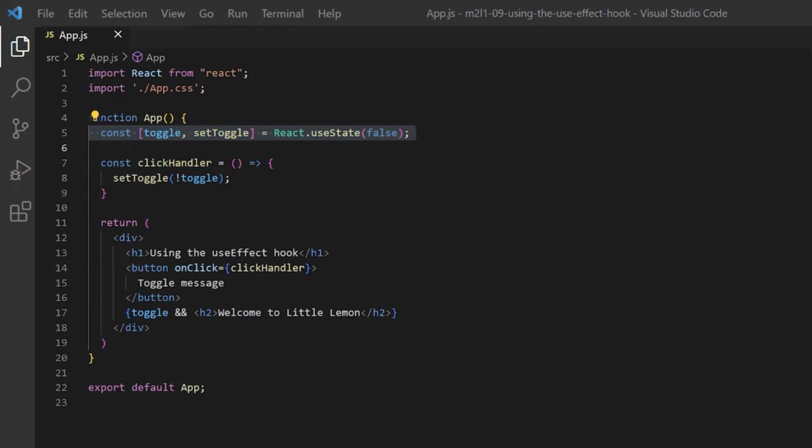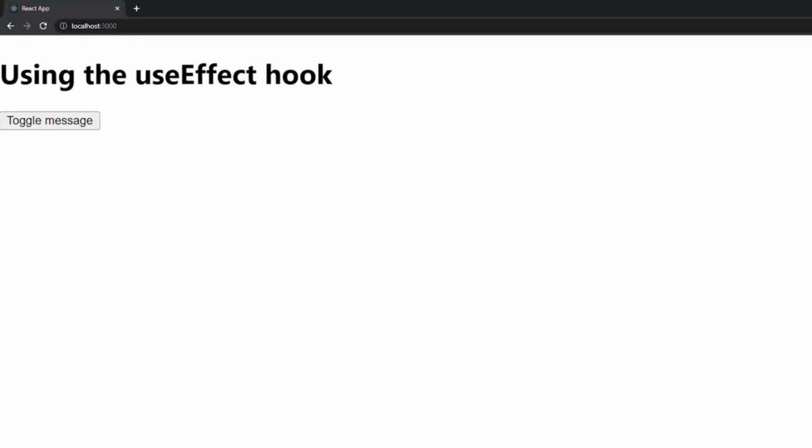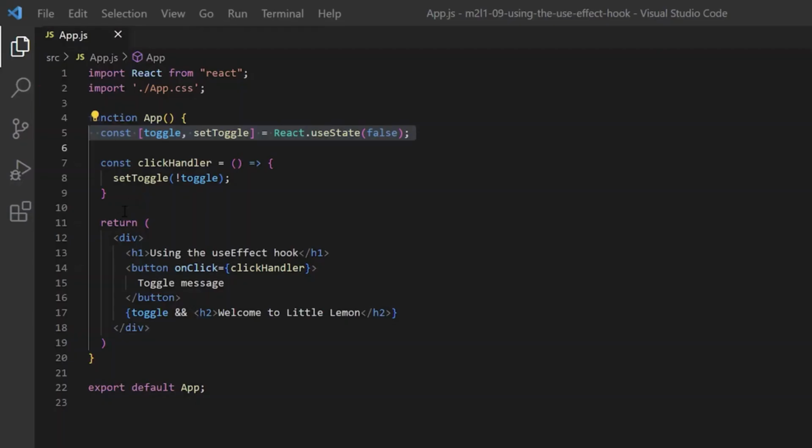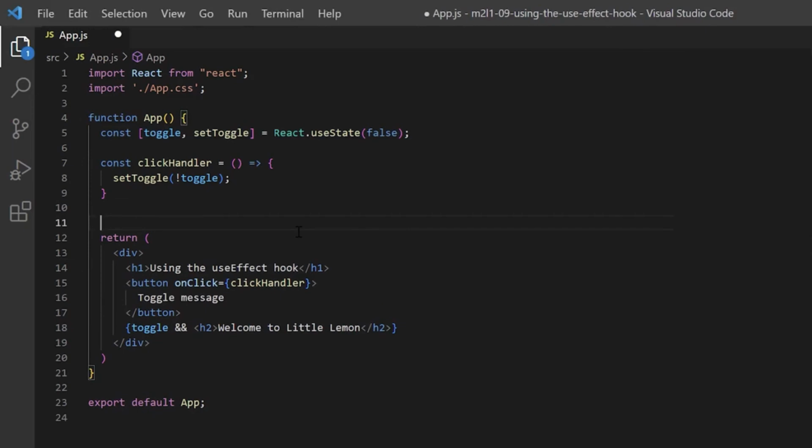Now let's inspect my app in the browser as it's currently being served. Everything is working well. When I click the button, the sentence "Welcome to Little Lemon" appears under it if it wasn't shown previously, and vice versa. Although the app is working well, my app currently has no way of updating the text in the Browser tab like the restaurant owner wants it to do. This is an example of a side effect, which is why the correct way to add this functionality is to use the useEffect hook. So, above the return statement, I'll add a call to the useEffect function as follows: